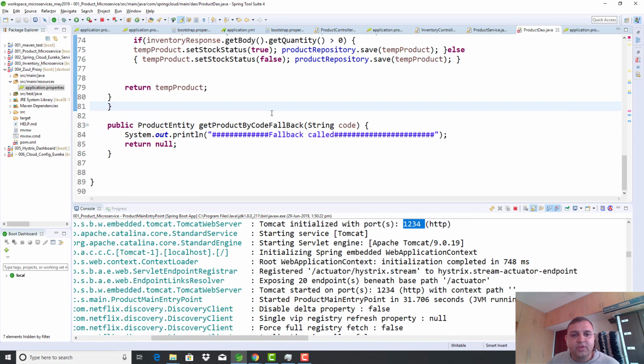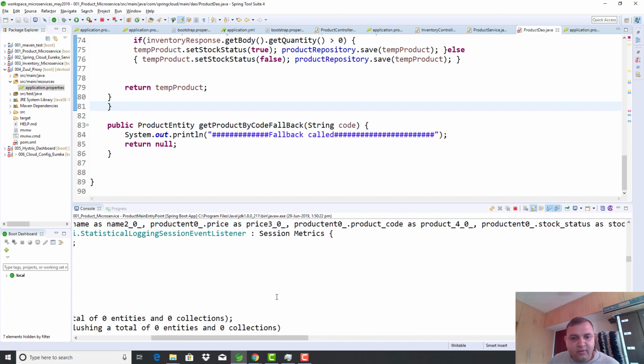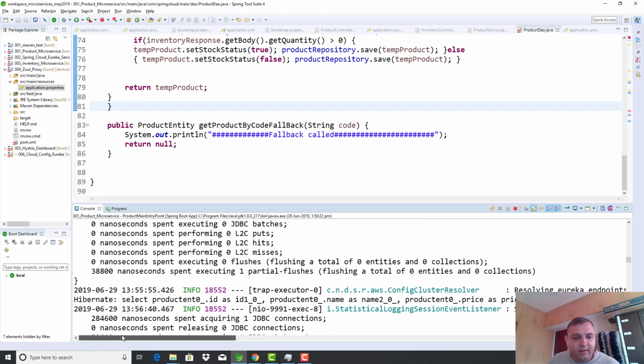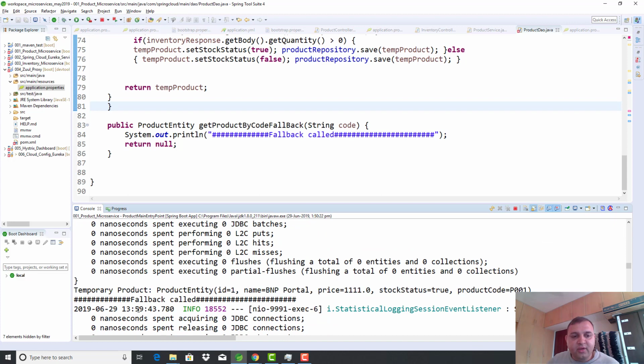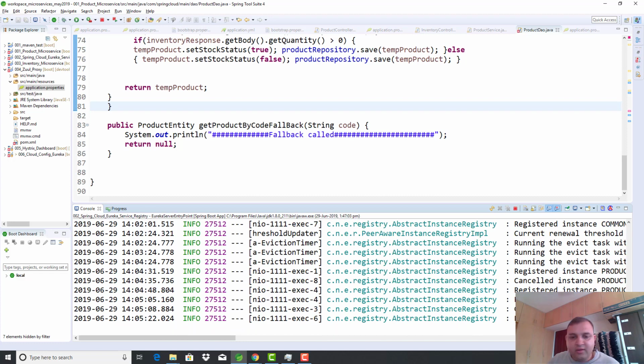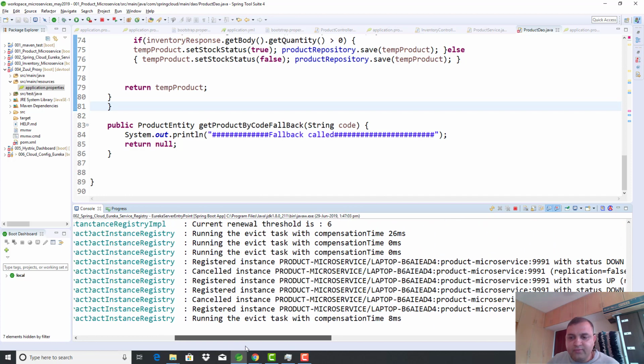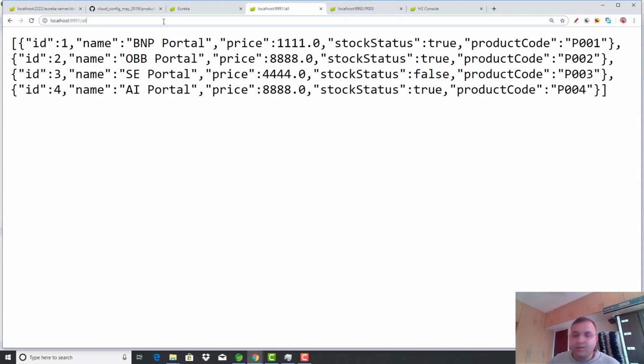With this in place, everything has been built again. This is auto-building because we have DevTools running behind the scenes. There's a dependency for the DevTools setup. That's the reason it is rebuilding for every change I make. So everything looks good, so if I go and test this now,